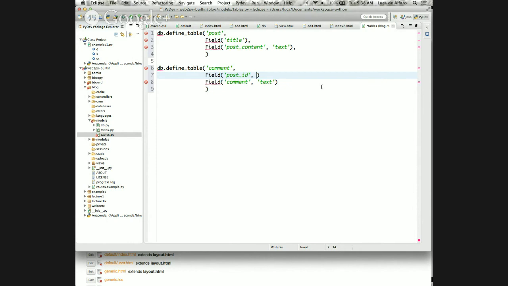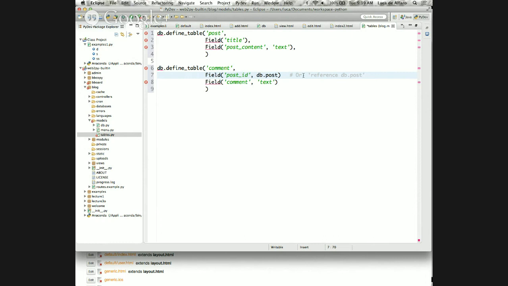And then I have two syntaxes. The simplest one is that I can say that this is a db.post. This is a way to declare that the content of the post ID is a reference to this table. Okay, it's a foreign key to that table. Now, you could always say, and I write it here as a comment, or you can declare the type to be reference